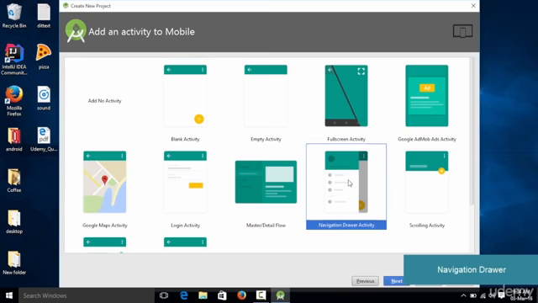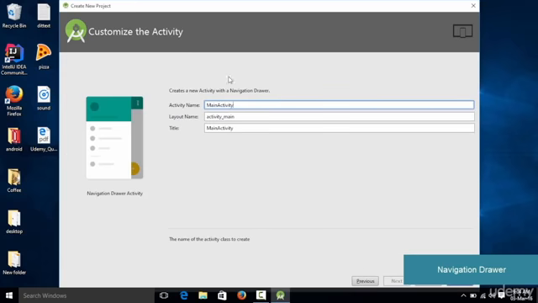Now also make sure that if you are using an Android Studio version which is lower than 1.5, then you might have a problem when we select the navigation drawer activity. So make sure that you are using Android Studio version 1.5 or above. As long as the version is 1.5 or above, you should not have any problem. So we select this activity, then click next, and let the name of your main activity be main activity,